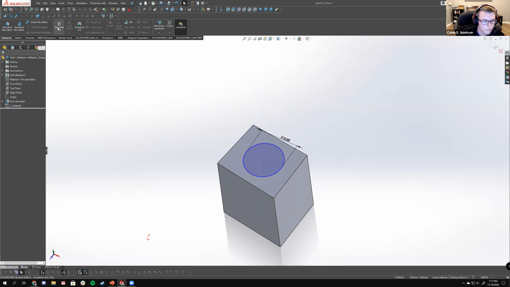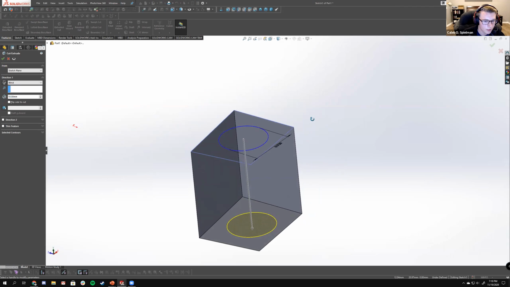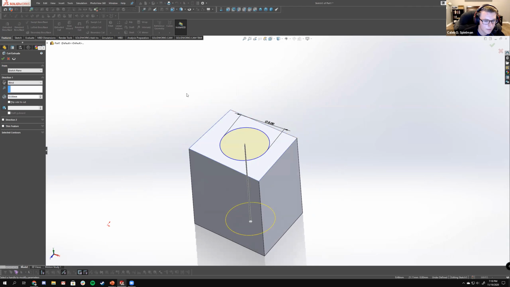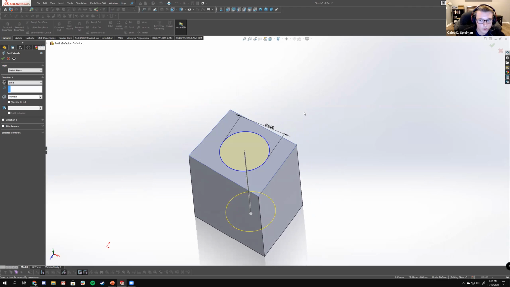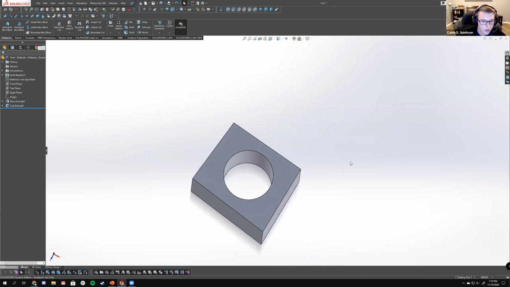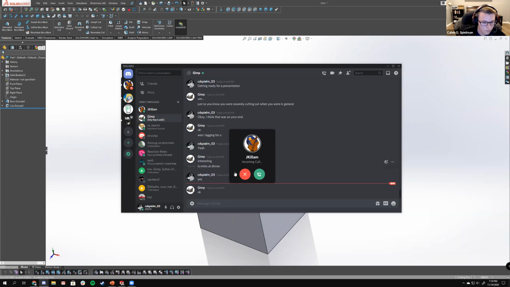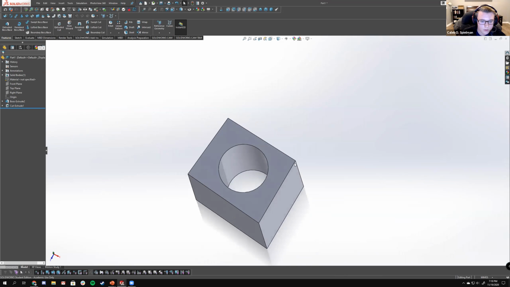And now in SolidWorks, the extrude features and cut features are distinct and separate. They're still called extrudes, but I'll show you the nuance in Onshape in a second. So it's essentially the same as a boss extrude, but it's just taking away pieces. So here we can click check. And now we have a cut. Oh my goodness. Okay, so